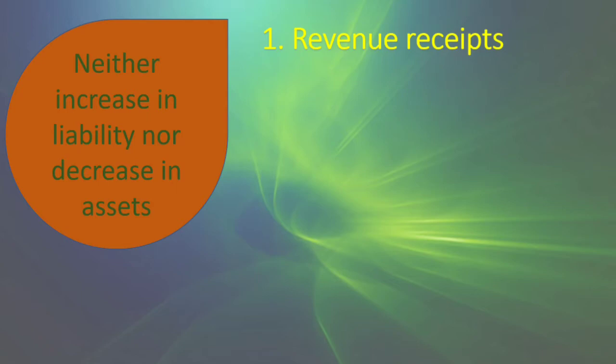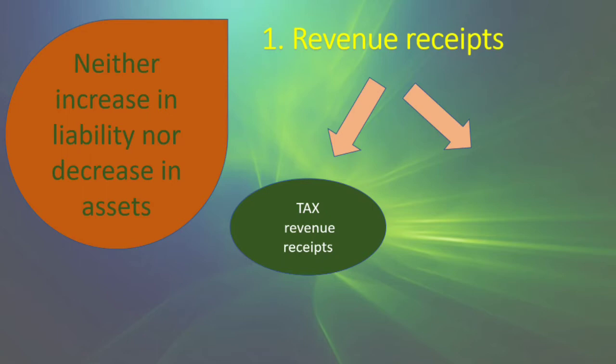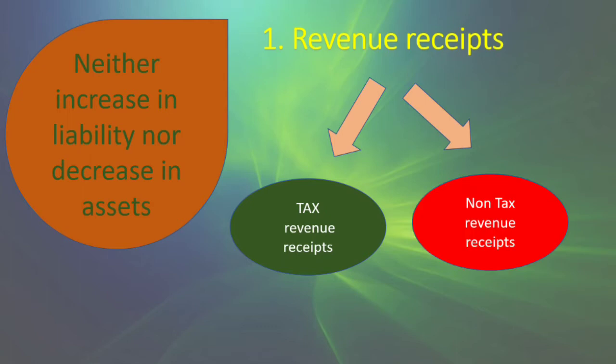But these revenue receipts are those receipts of the government which neither increase the liability, ना ही वो liability increase करती हैं ऐसी receipts, nor decrease the asset, ना ही वो asset को decrease करती हैं. तो these receipts are recurring in nature. So it can be divided into two subparts: tax, which you all know is a major source of income of the government, and secondly non-tax receipts, which is also a good source of the government's income. So let us understand this tax and non-tax receipts.